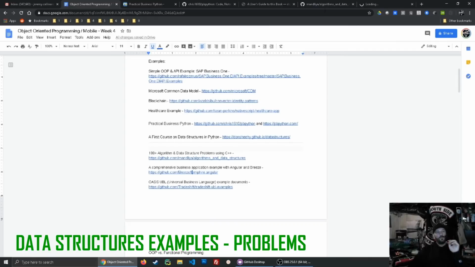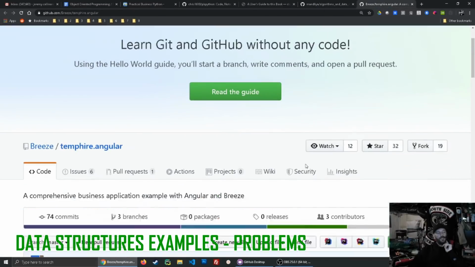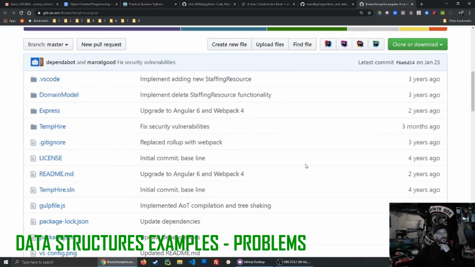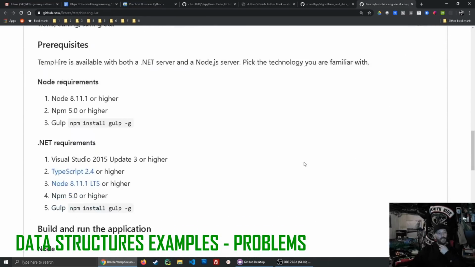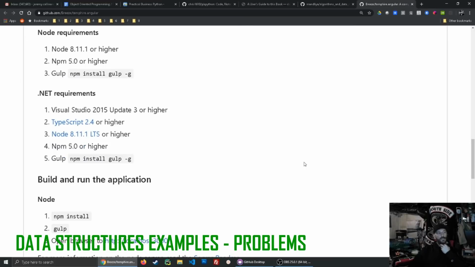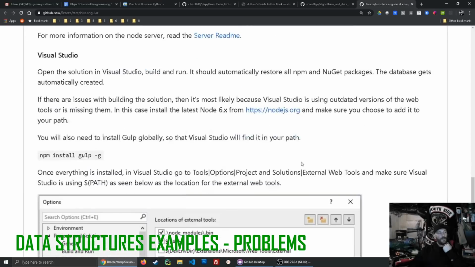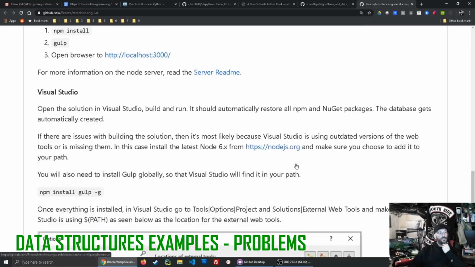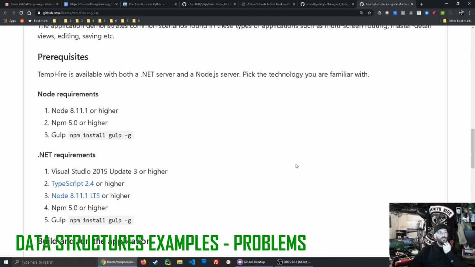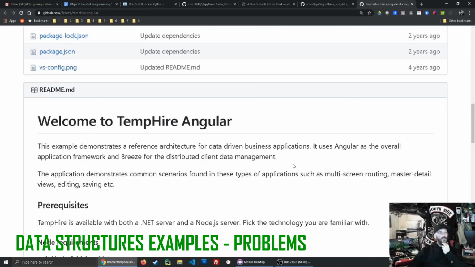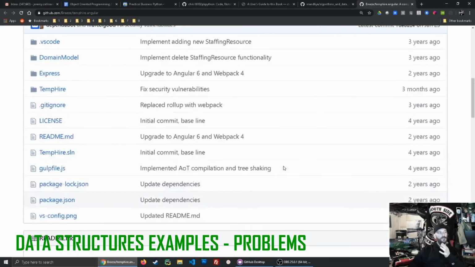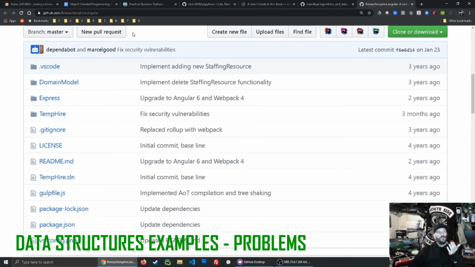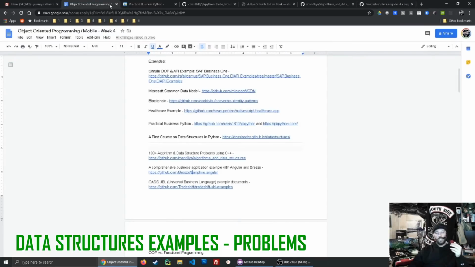This one is another one in Angular and Breeze. These are some cool templating systems that are relatively easy to use. It's just Node, basically. After that, once you get everything installed, you install Node and Gulp, and when that's done, you've got master detail views, a full basically application of like hiring temps, like how you would add people, log them in, and that kind of thing. So